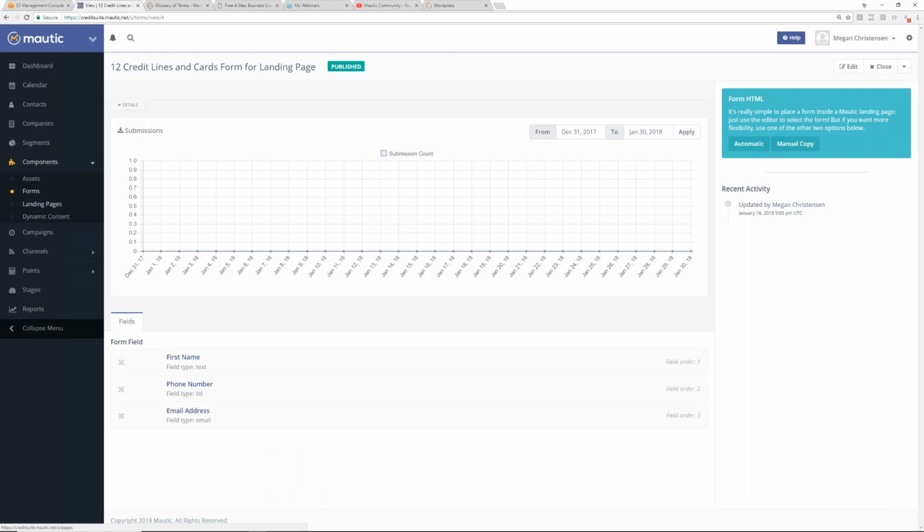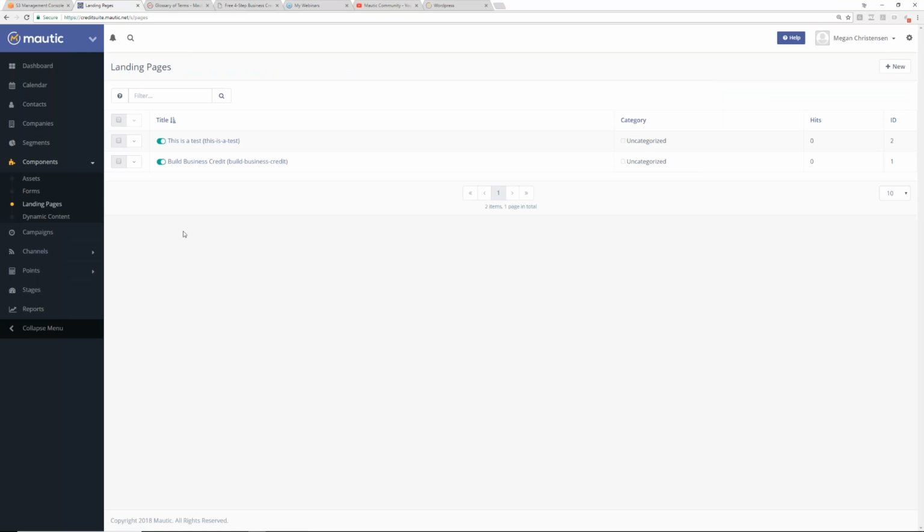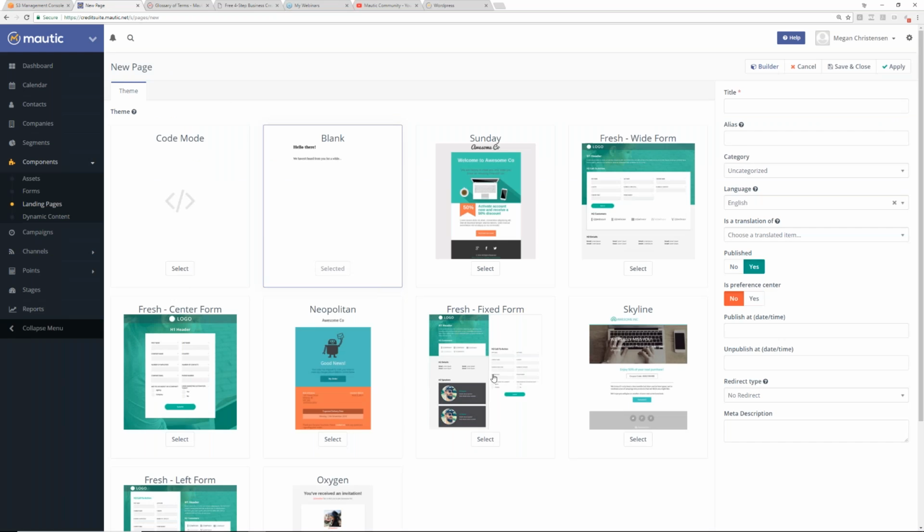So let's look at landing pages. Now, landing pages, I'm not a fan of their website, their landing page builder at all, to be honest with you, because I'm used to LeadPages, man. And LeadPages has beautiful landing pages in it. They don't really have very beautiful landing pages here. So because of that, I'm not a really big fan of the actual landing pages they have,